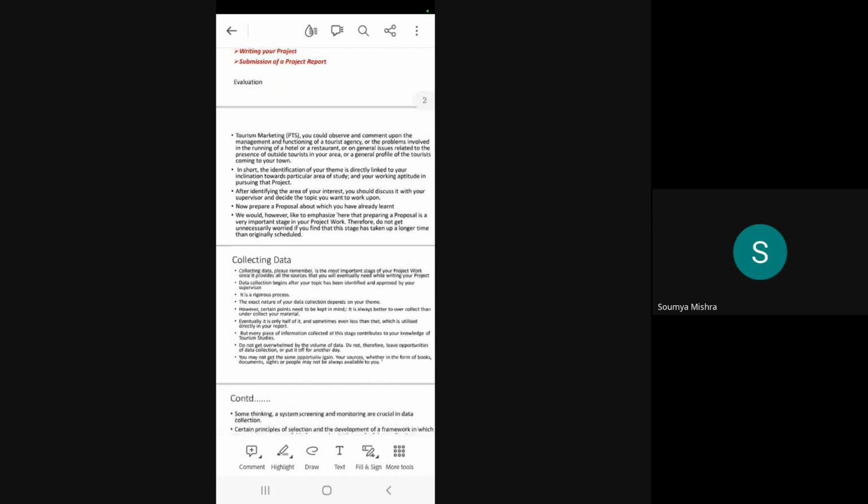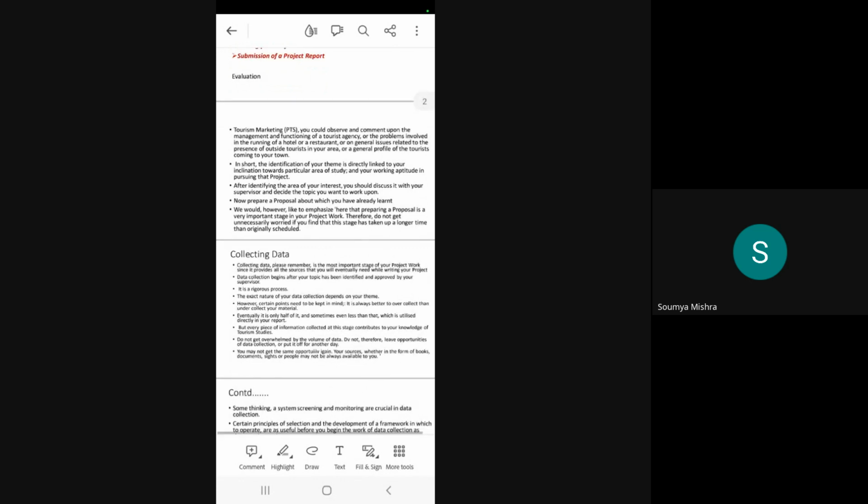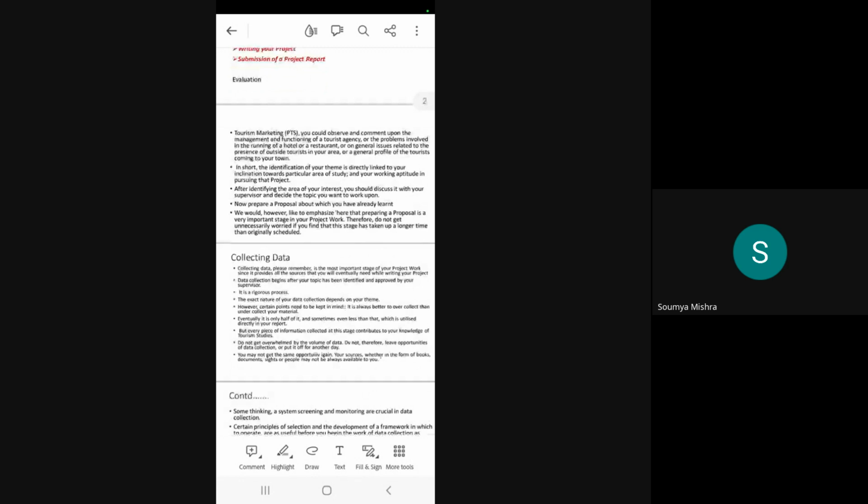But before that, first you should get all the sources from where you need to collect. But don't try to copy from Google. Okay, because if you try collecting from Google, it will show plagiarism. So kindly don't. Yes, you can always take help from Google search to find out which books and where you can get information on the topic. You can visit the nearby libraries or some magazines or journals.